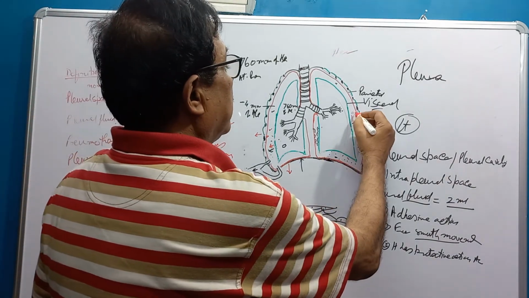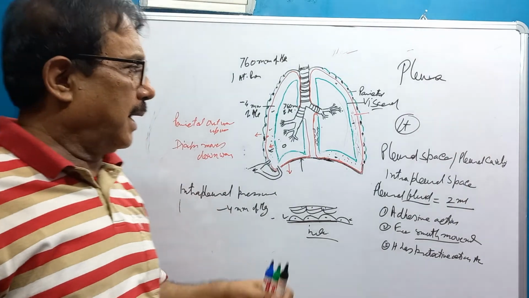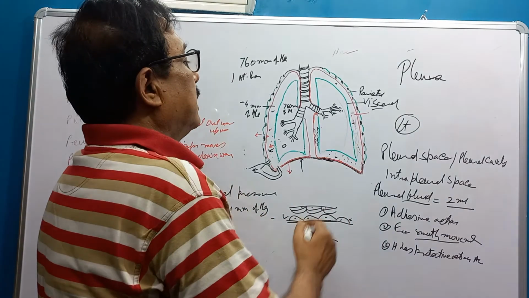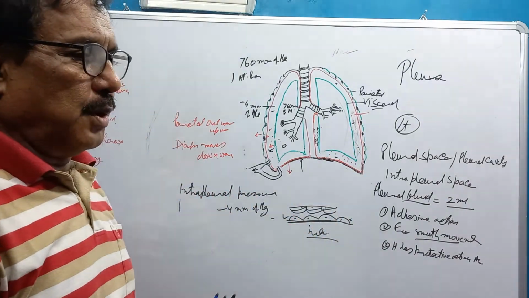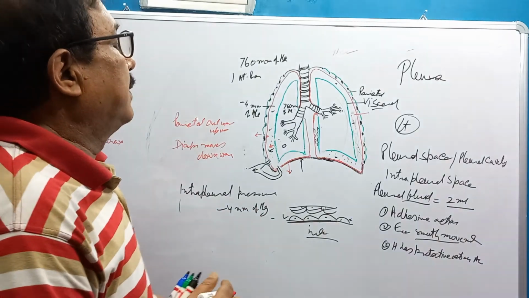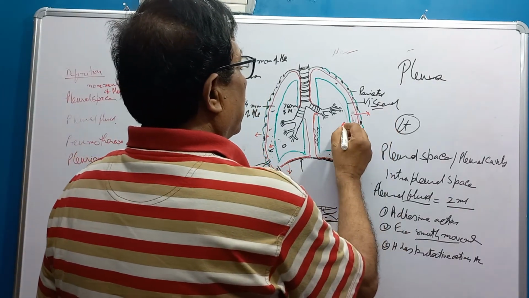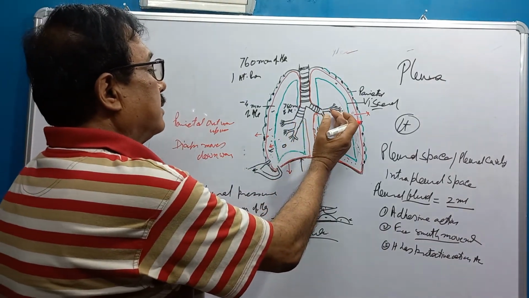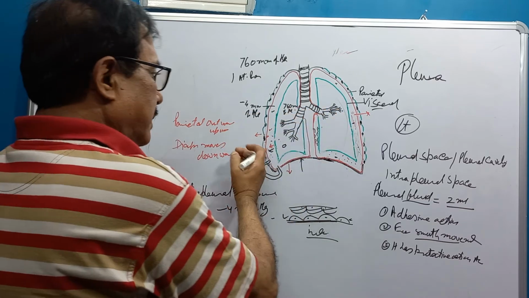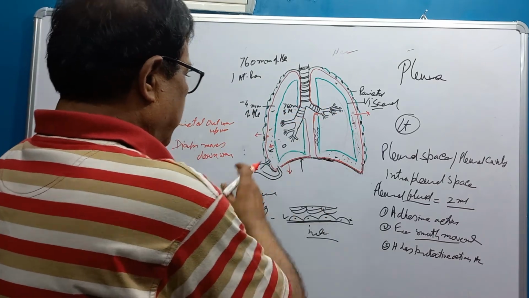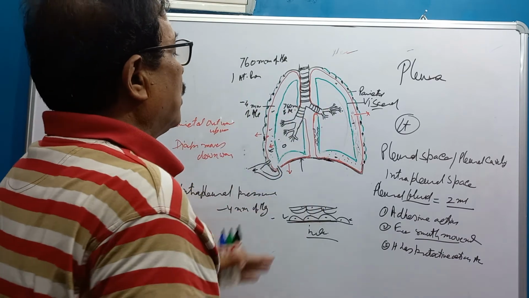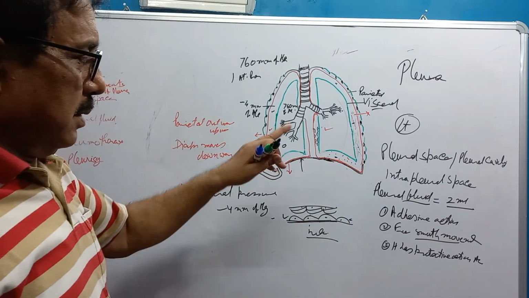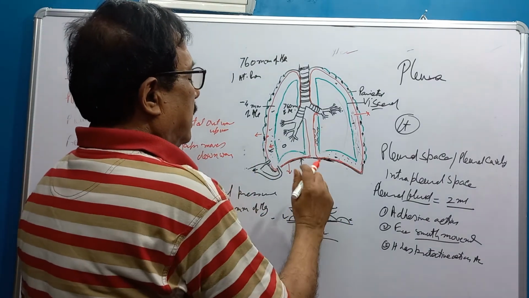Now, during injury, a stab injury or something like that, air may enter into the pleural space, and then the movement of the parietal and visceral pleura is hampered, and the lung will collapse. And when there is tension pneumothorax, the mediastinum is moved to the other side. This will cause compression of the heart, leading to some sort of shock and may cause death.